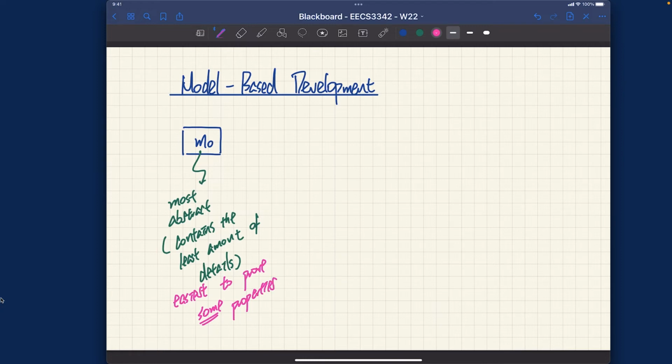Okay, just remember that eventually we're going to have a pipeline of models along the developments of your system, but we definitely start with something that's the simplest, that's the most abstract. Okay, and then the idea would be we will actually go with a process called refinements. Okay, so M0 over here is going to be so-called refined